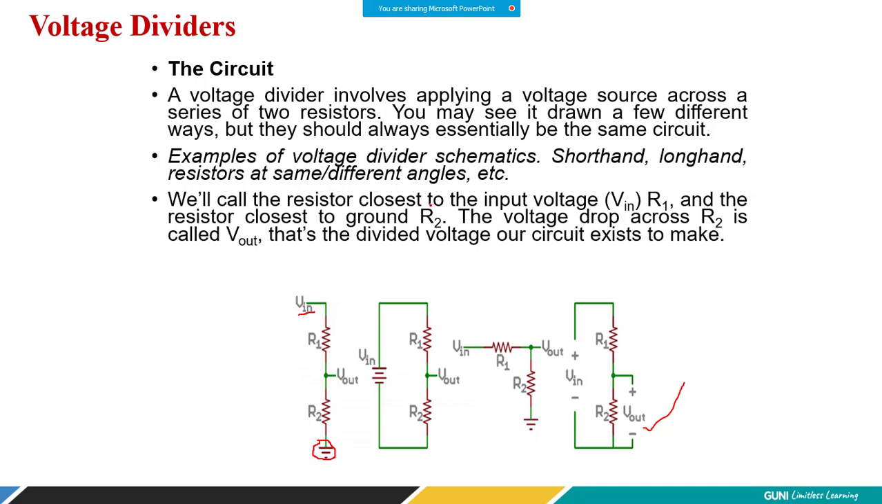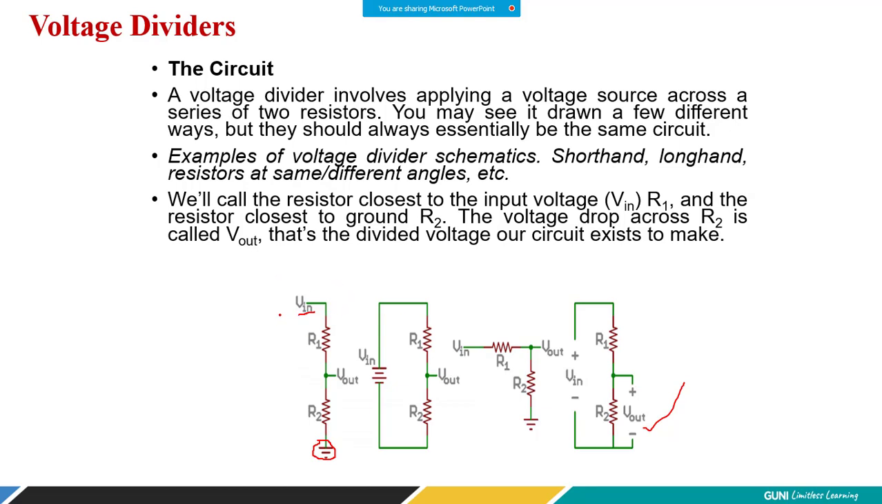We will call the resistor closest to the input voltage R1. So the one which is near to V input, we call it R1, and the resistor closest to ground, the one which is nearest to the ground, we call it R2. The voltage drop across R2 is called V out, right? So we are measuring the voltage across R2, which we call V out. That is the divided voltage our circuit exists to make,